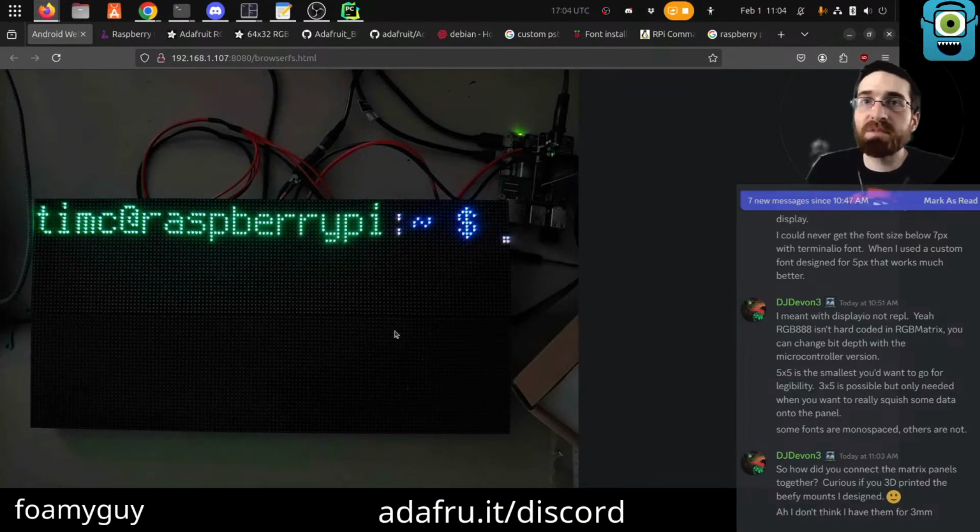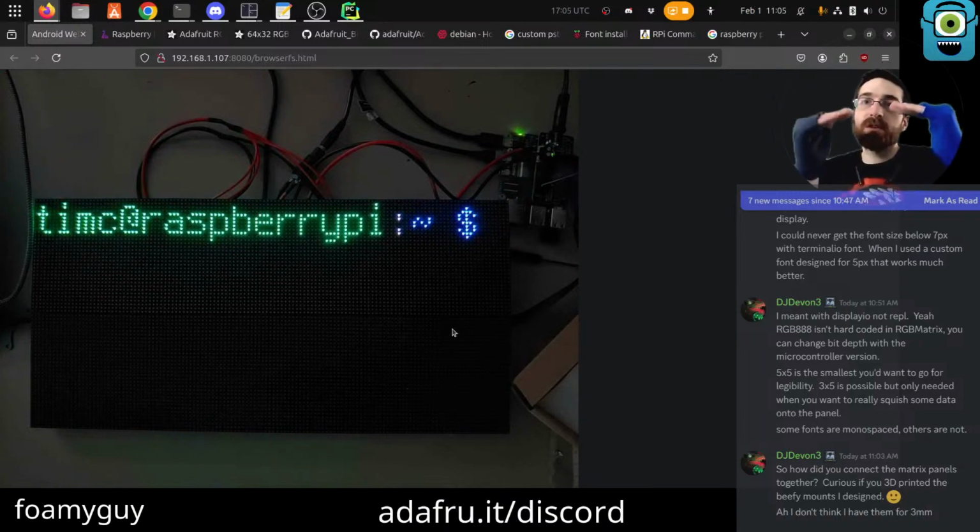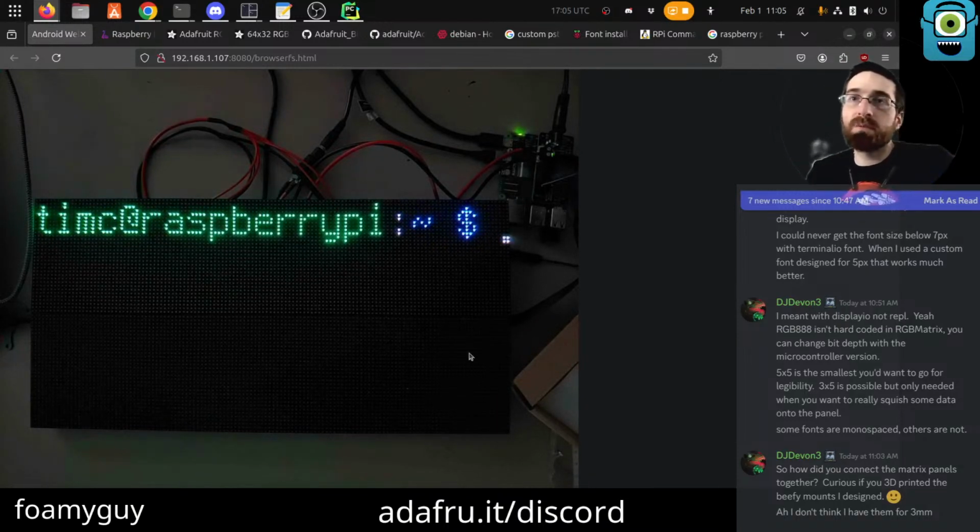I will say they're a little flimsy. Like you can kind of see actually from this angle with the lights off here. You can kind of see the line in the middle there, which is because they're not rigid enough. I didn't print them thick enough probably. And so it allows a little bit of flexing in between the screens, which makes it so they're not exactly flat, but it's pretty good. Good enough for me at this point.